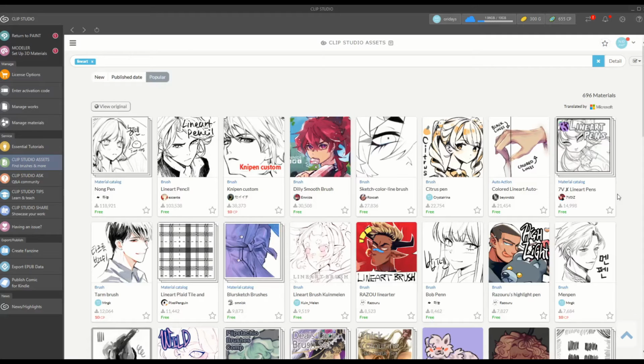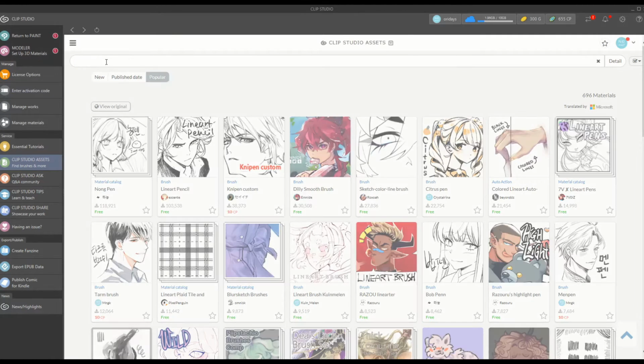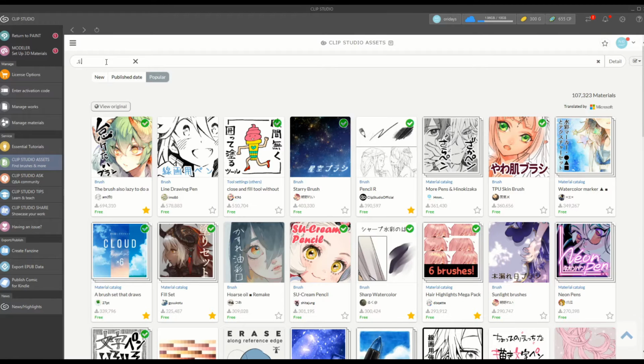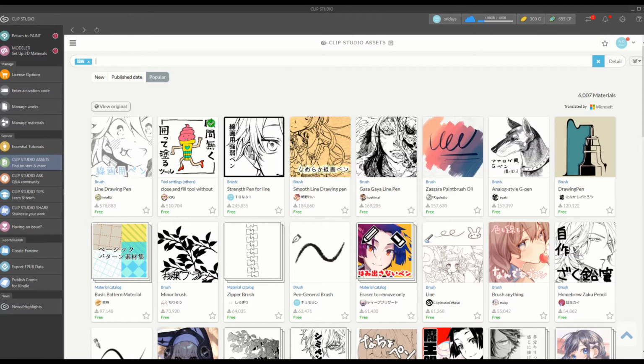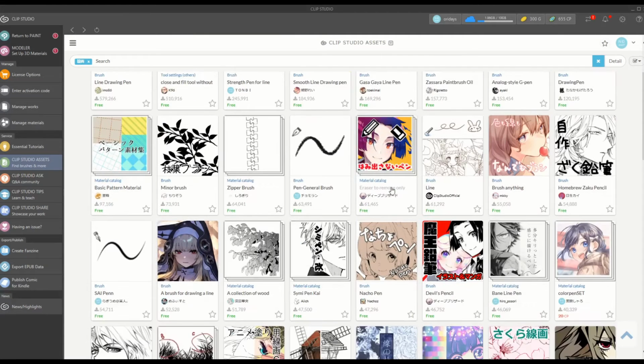Yeah, you'll still get a decent collection of brushes, but I'll show you what happens when you type it in Japanese. So the Japanese term for line art is actually senga. And if you type it in, here, you'll get a lot more brushes and quite interesting ones. And these are the brushes that Japanese artists are using. I know a lot of people can't speak or type Japanese, and kanji can be confusing.